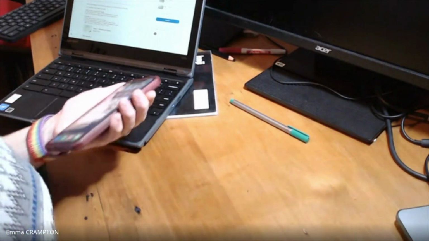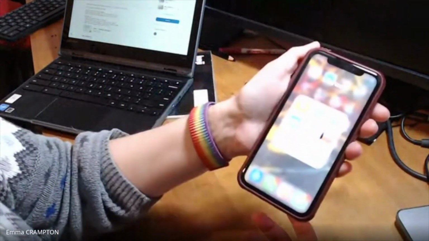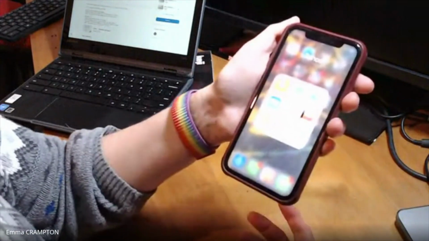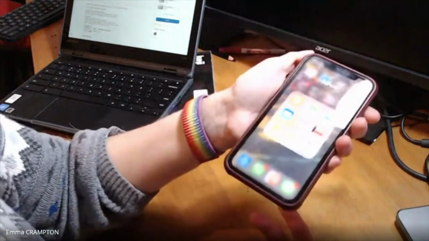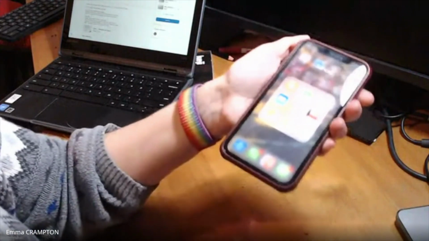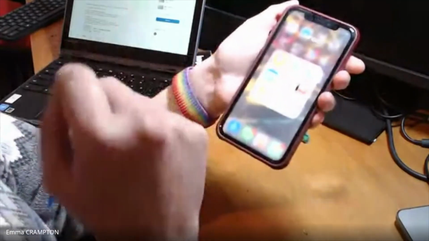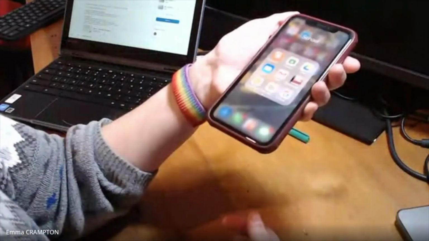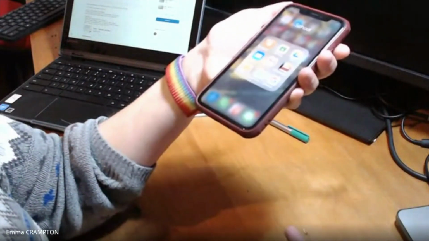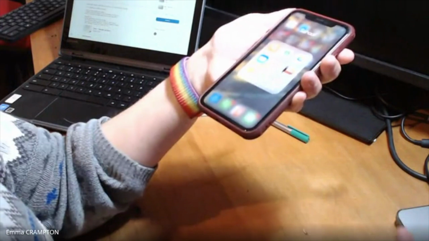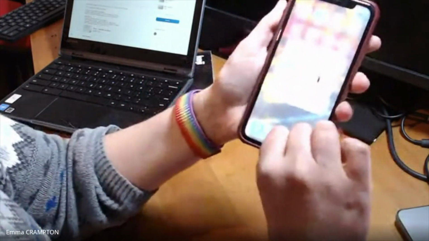Okay, so another option to upload pictures of your bookwork is to download the Google Classroom app, and you can do this on an iPad, an iPhone, or any Android device. You can get the Classroom app. You can also get Google Drive and things like that as well if you want to put photos straight onto your drive. So there's lots of options for getting work into your Google Drive from a device such as a phone. So once you've downloaded the app,